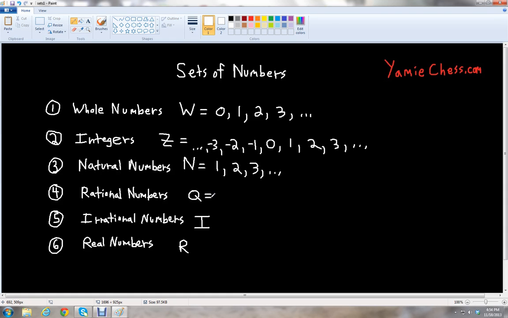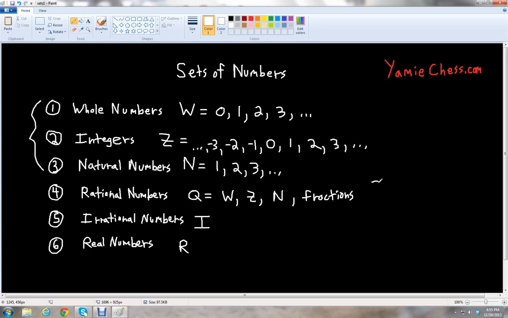And then the fourth set that we see is called the rational numbers, represented by the letter Q. And so the rational numbers contain pretty much all of these three sets here: the whole numbers, the integers, and the natural numbers. So it includes the W, the Z, and the N. But it also includes fractions. So basically, if you have a ratio of two integers,